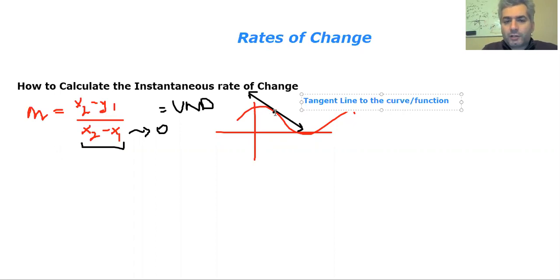So it's going to be really hard to do this calculation because we end up with 0 in the denominator. But if we have it on graphing paper, and we draw this line as best as possible, we eye it, we make sure that the line is exactly touching that point. This line represents the slope of the tangent,